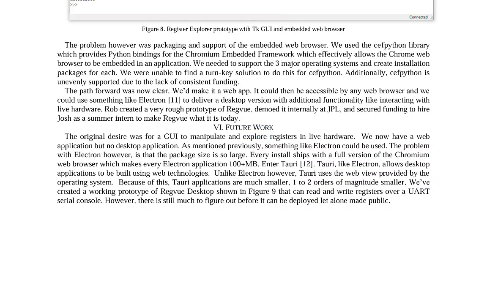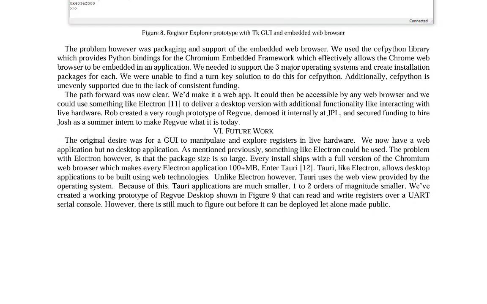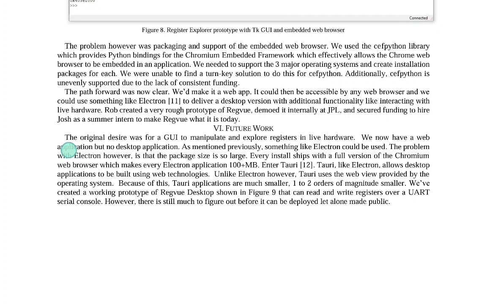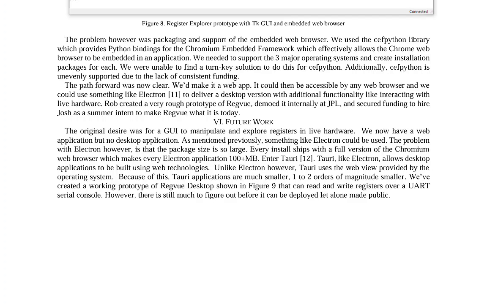Section 6 is future work. The original desire was for a GUI to manipulate the Explorer registers in live hardware. We now have a web application but no desktop application. As mentioned previously, something like Electron could be used. The problem with Electron, however, is that the package size is too large. Every installer ships with a full version of the Chromium web browser, which makes every Electron application 100